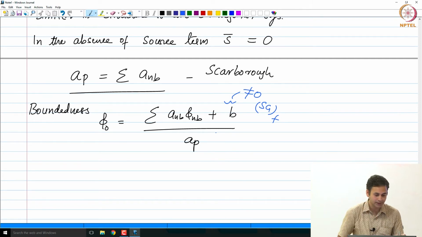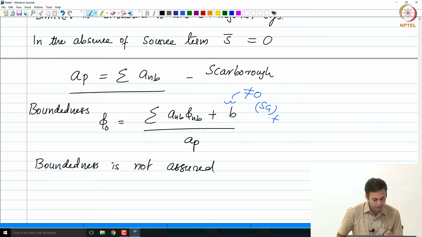As a result, boundedness is not assured, because phi 0 is not just sigma nb by ap times phi nb, plus you have this b term which has the secondary gradients. As a result, boundedness is not assured, and we will see a little later that the calculation of the secondary gradients will